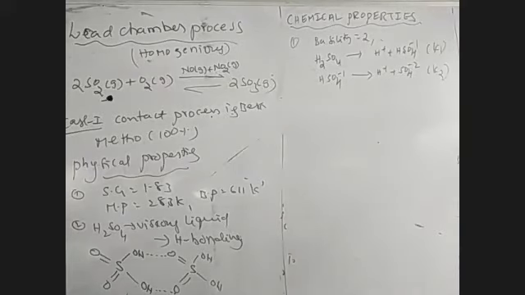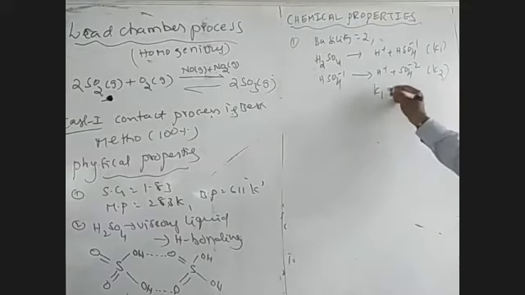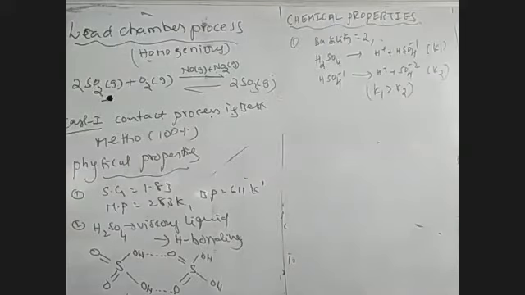In K1 and K2, which one is the larger value? Here K1 is always greater than K2. For example, if an acid has basicity 3, the constants are K1, K2, K3, and K1 is greater than K2 greater than K3. That means releasing H+ from HSO4- increases the negative charge. Due to the increase in negative charge, the tendency to release the next H+ ion decreases. Therefore, the second dissociation constant decreases. Therefore, H2SO4 has two dissociation constants, K1 and K2, and K1 is always greater than K2.